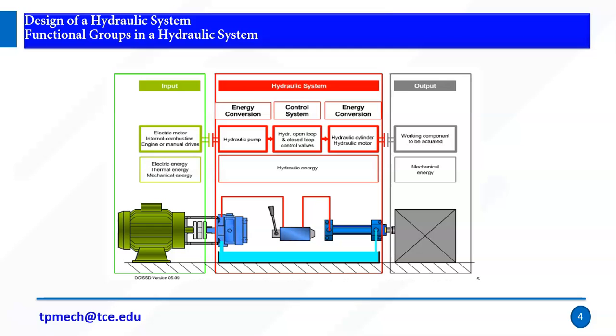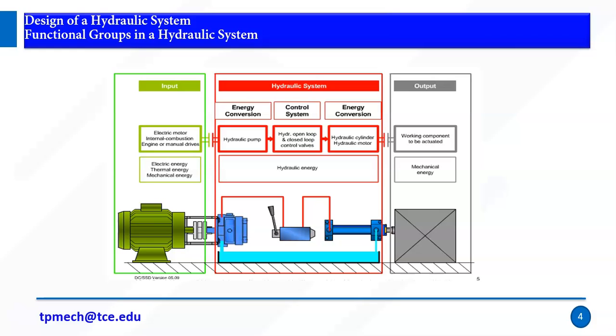In order to do the energy conversion, we need some control devices. Normally we have three types of control devices based on our output. If you want to control pressure, we say pressure control valve. If you want to control flow, it is a flow control valve. If you want to control direction, it is a direction control valve. Then we have the next energy conversion stage, the actuators. It may be a hydraulic cylinder or hydraulic motor.